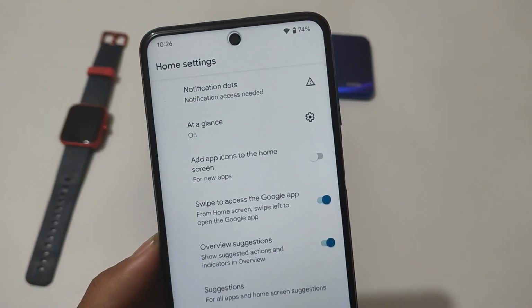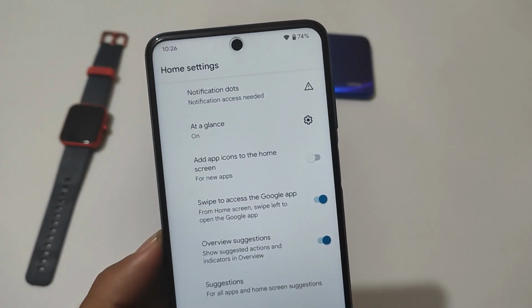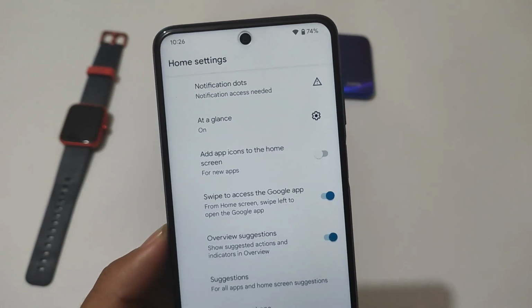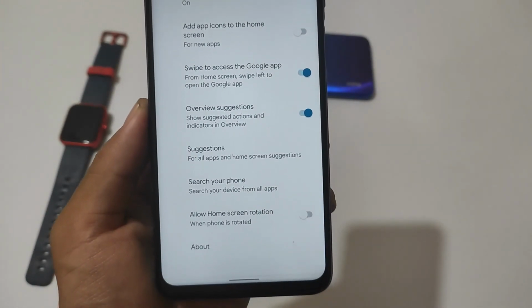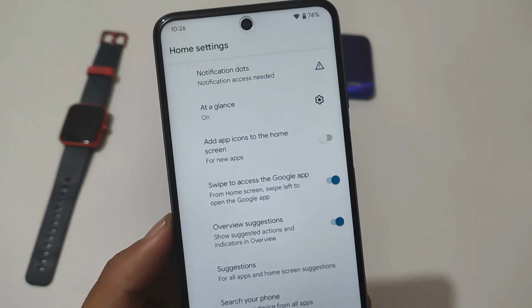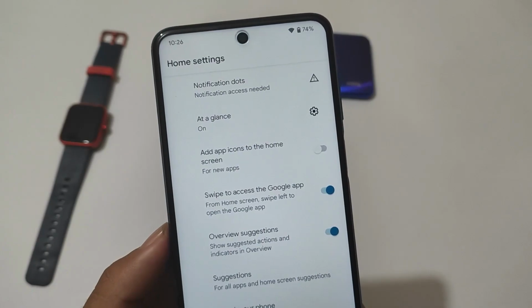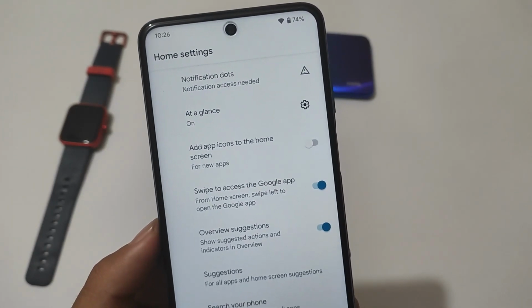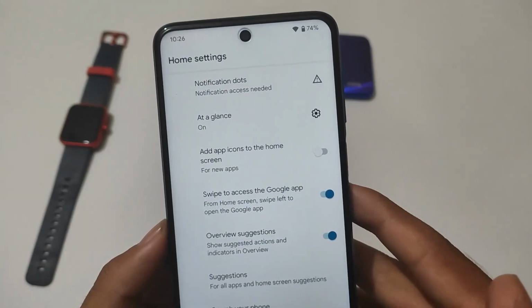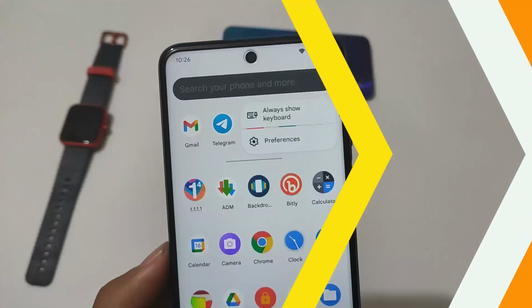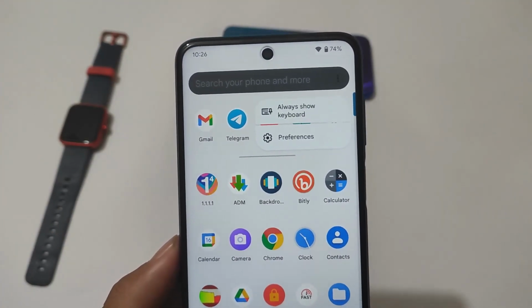Here comes the Pixel Launcher, which is automatically pre-installed after installing that module. Pixel Launcher is one of my favorite launchers. Maybe most users always use Pixel Launcher on their devices, not because of features but because of good stability, and everything you need in a custom launcher is already there. Notification dots, At a Glance, everything you get in the Android 12 Pixel Launcher is present here for you. I haven't tried everything, but the things I tried were working quite well.